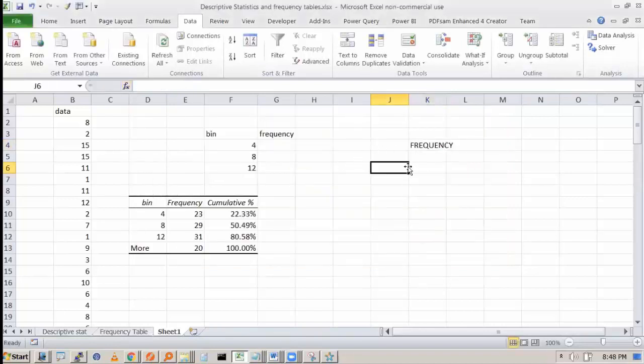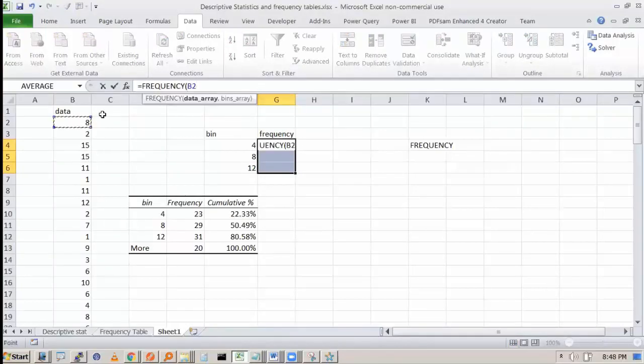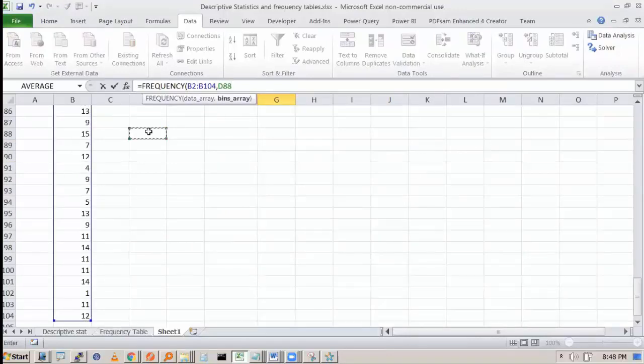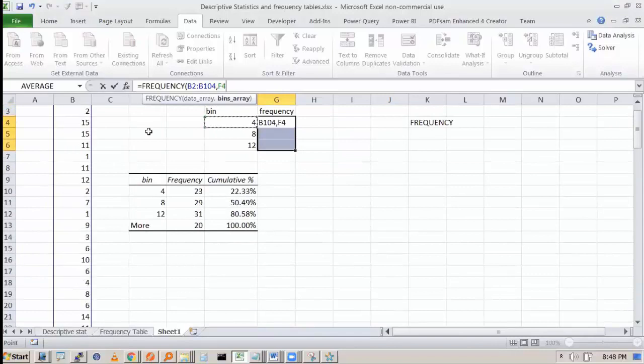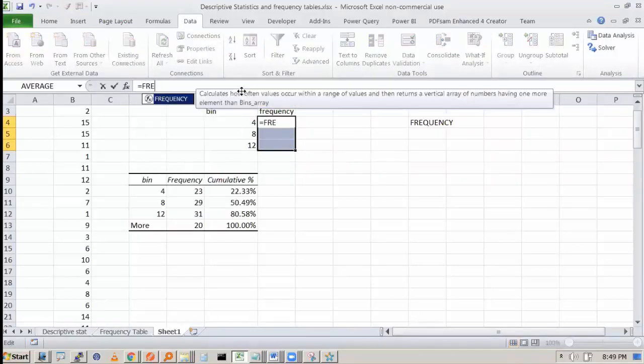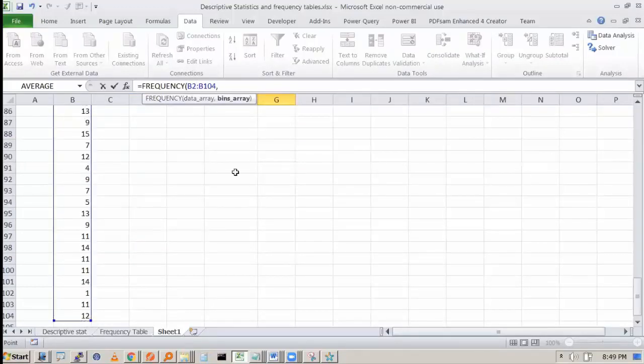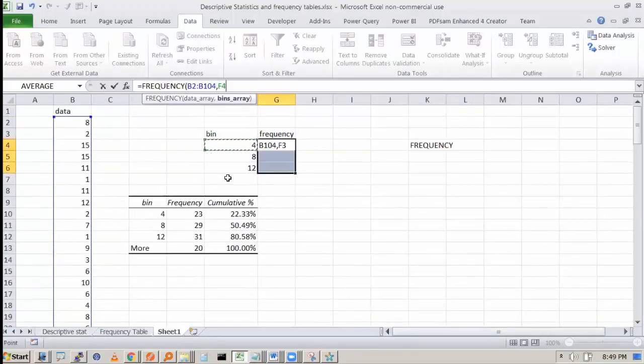So let's say we have these bins, and I am selecting this area, and I am saying frequency. And this is my data array, and my bins array is this. I have selected. See how I have done this. I selected this entire range of cells. Then I wrote equal to frequency. Even though the formula appears in the first cell, we selected this, then we went to the bins array and selected the bins array.